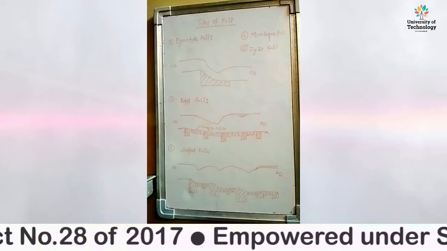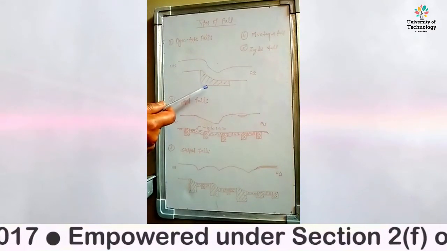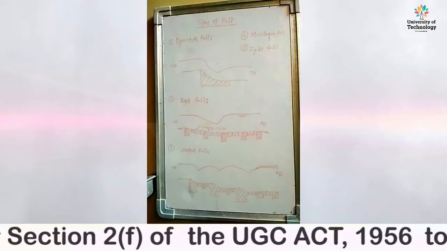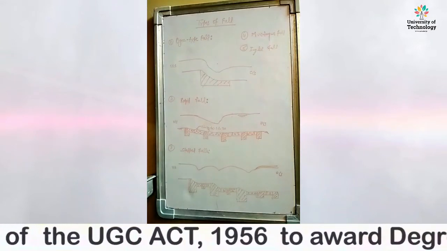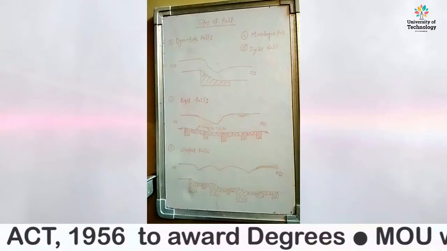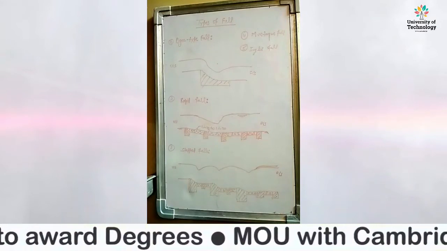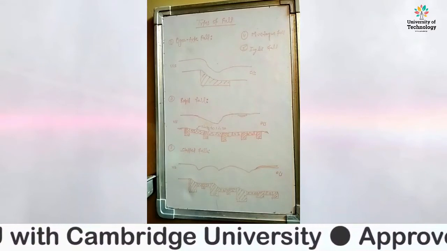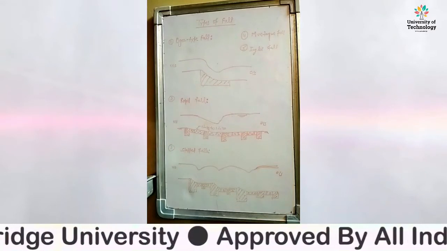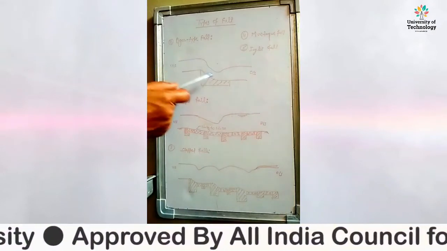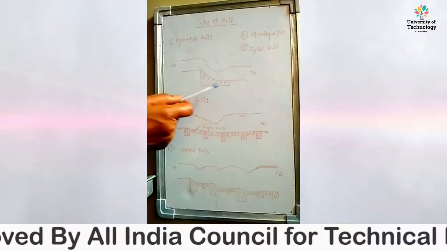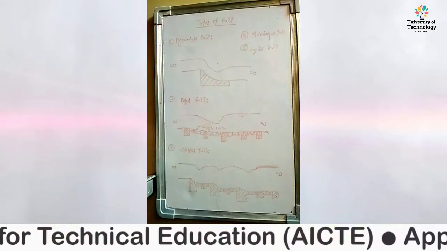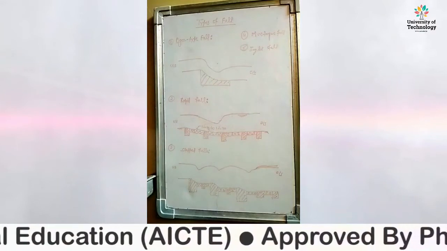You can see here this is an Ogee type fall. Why this name, Ogee? It is similar to the Ogee spillway, so it is named the Ogee type fall. The main aim was to provide a smooth transition from the upstream to the downstream water level, to avoid disturbance and to reduce the impact of the water. This is the main purpose of constructing this type of fall.